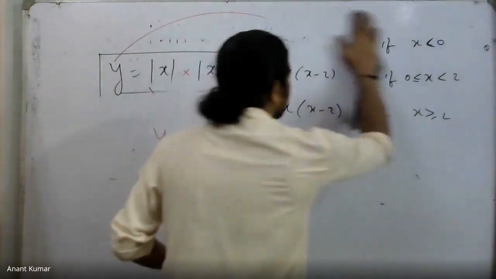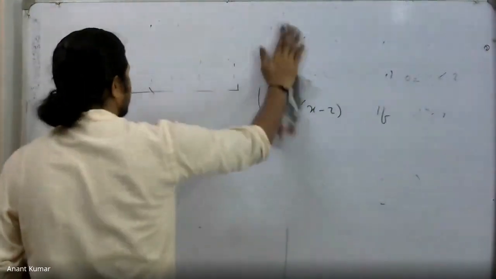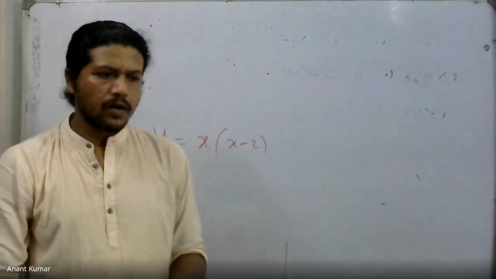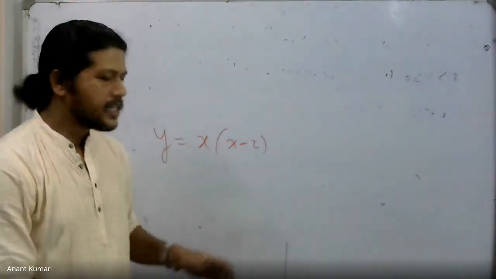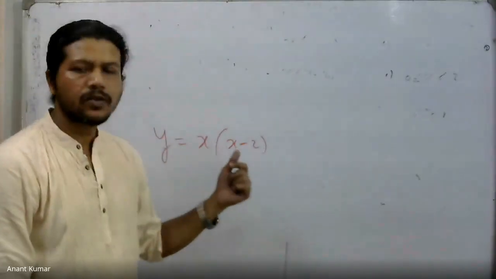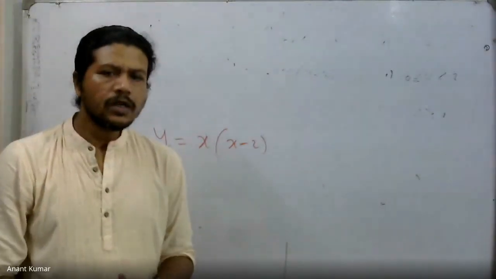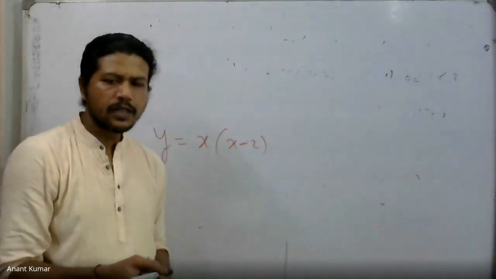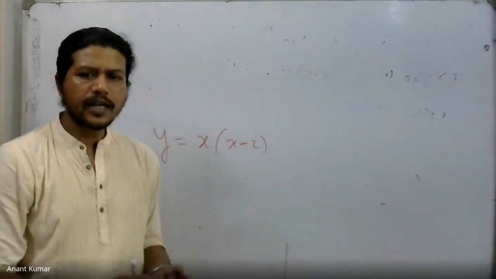First of all, you notice that this is in fact a quadratic polynomial. It's already in factorized form, by the way. We have x and x minus 2. It's already factorized. You know the roots. The roots are 0 and 2. So I know that this polynomial, whatever it is, is going to intersect the axis at these 2 points.